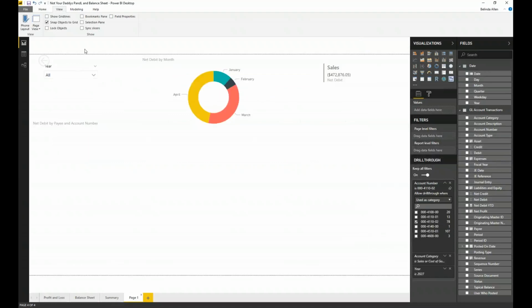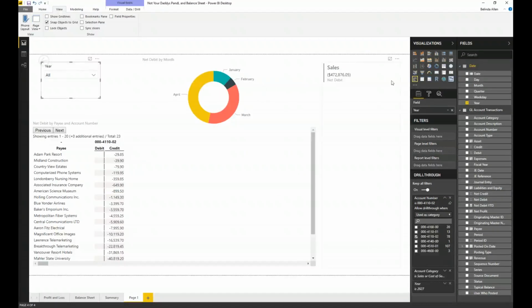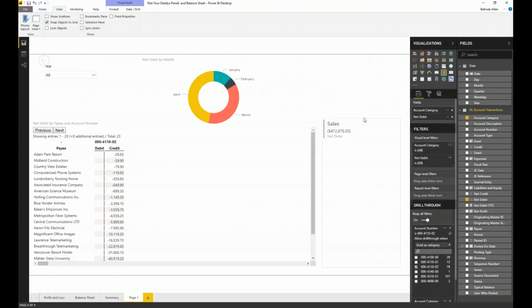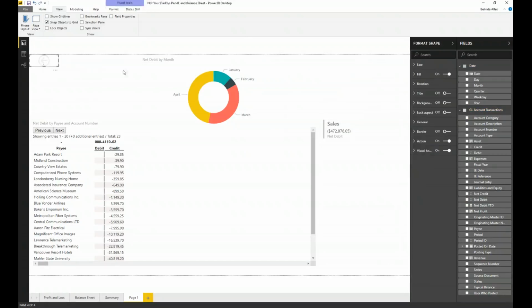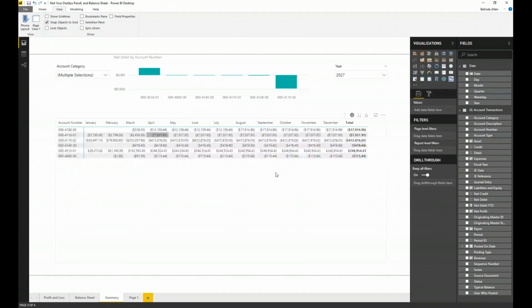Now back on page 1. Actually, I'm going to get rid of this filter. And for this particular visual, it automatically takes me to format. So I'm going to go to action and change it from back to a bookmark, and I'll tell it to use the bookmark called summary. So now if I hold my control key down and click, it takes me back to that front page, or back to that summary page.